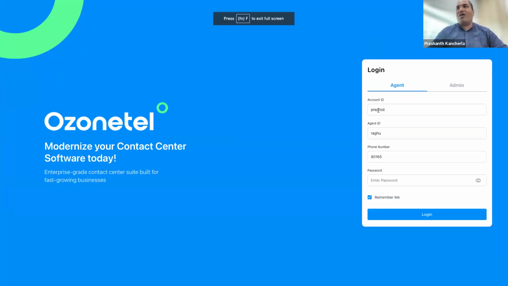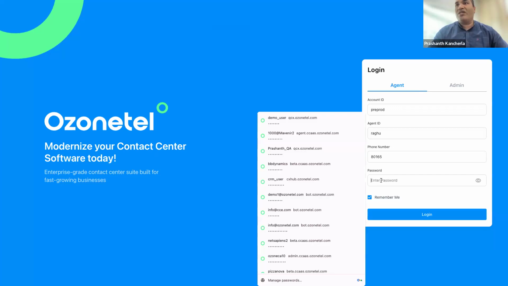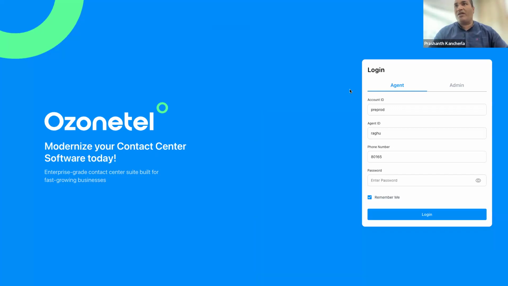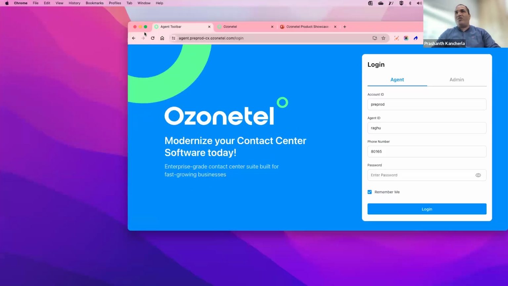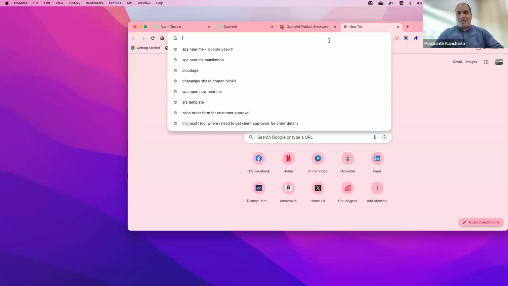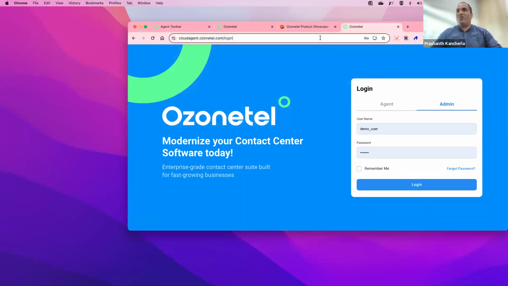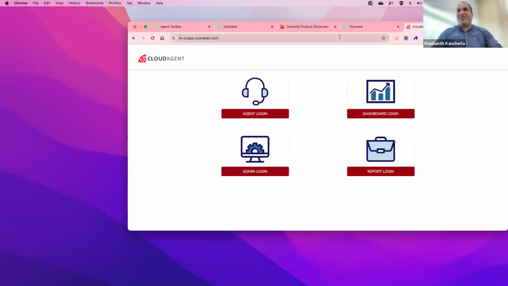So this is where I'm logging in as an agent. Again, please note, we are using the new CXHub portals here. This is not the current old portals that I think most of you might still be using. This is the new interface we have launched. This is available on cloudagent.ozonetel.com. A communication was sent already to customers that you can use this. So this is the production URL, where, usually we reiterate this in every session,